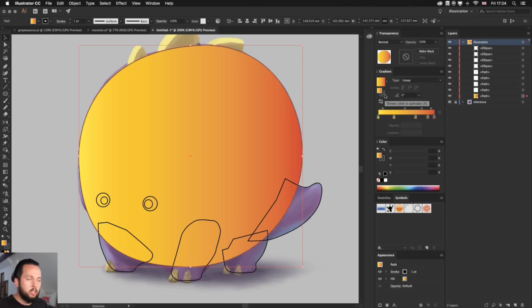And you can switch to your stroke and remove it, set it to none, because from this point on we don't need the stroke at all. You can of course keep your outlines if you want, but in this instance, with this illustration style, I'm going to just work with fill colors. So what we have here is now a gradient applied on this shape.